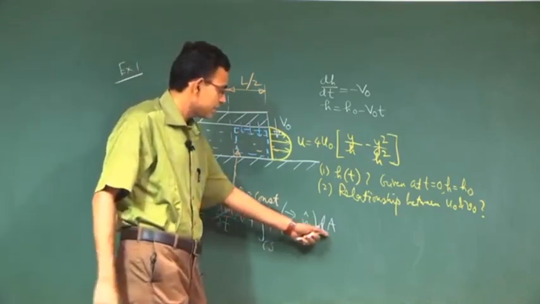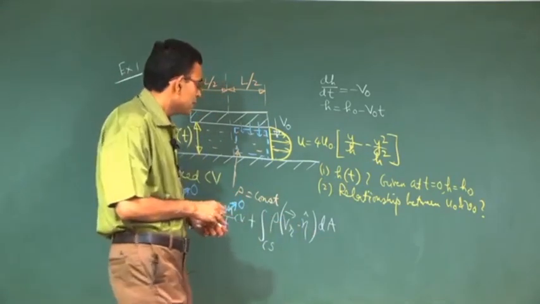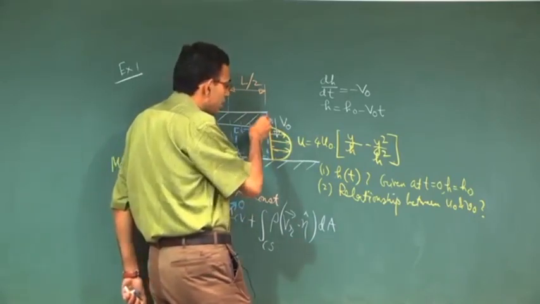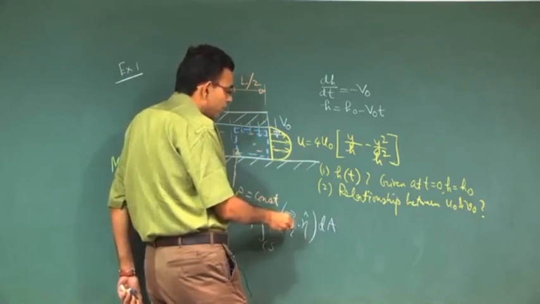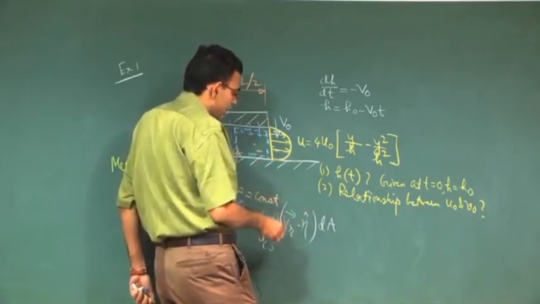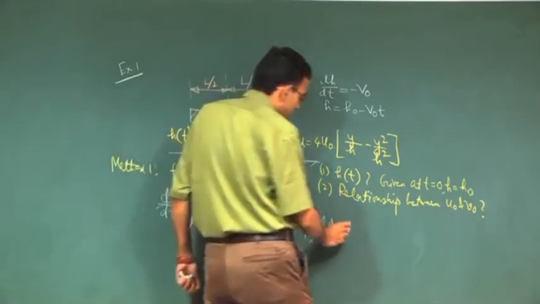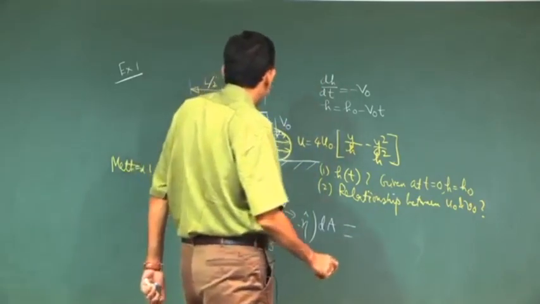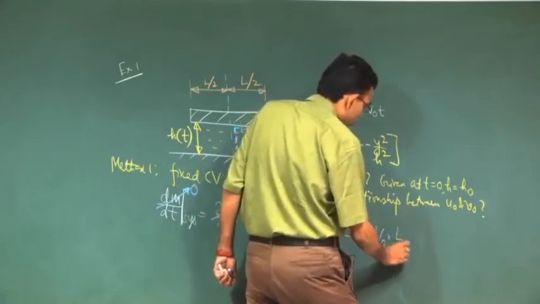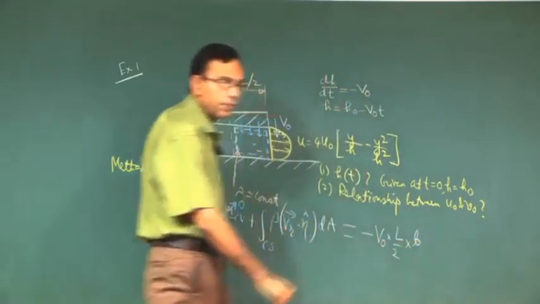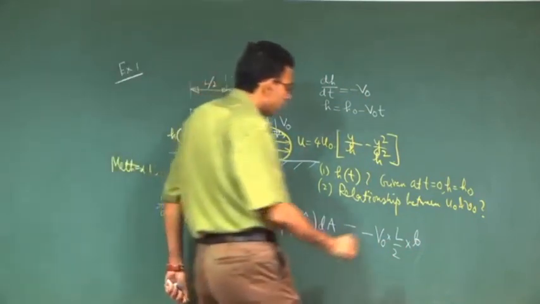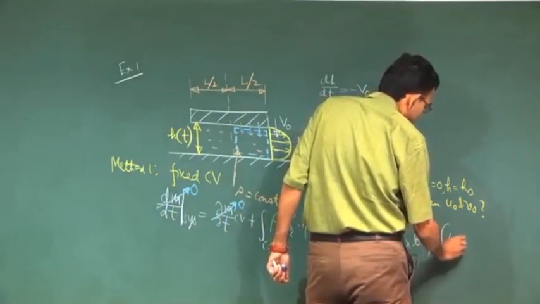So what is that? This particular term will have one inflow and another outflow. For inflow the dot product of the velocity vector and outward normal vector is negative, and for outflow it is positive. So this will be minus V0 into L by 2, let us say B is the width of the plate, into B, this is inflow, and outflow integral